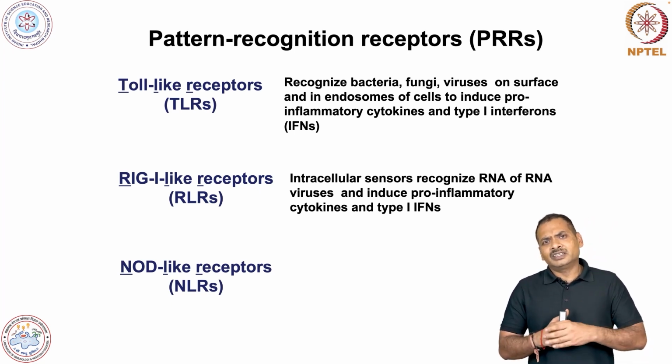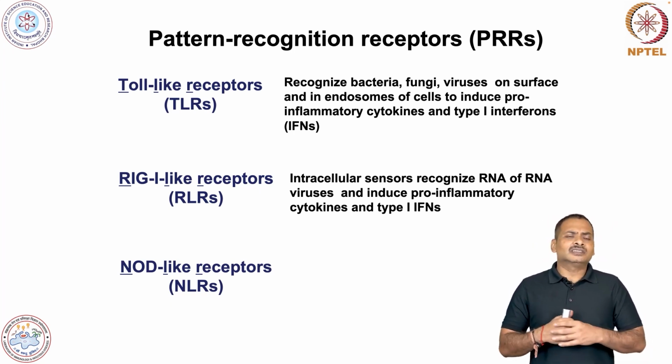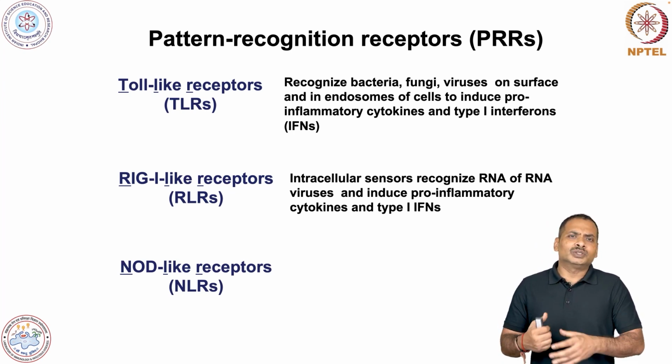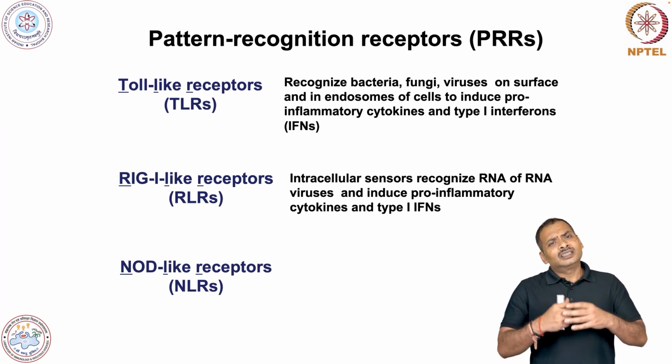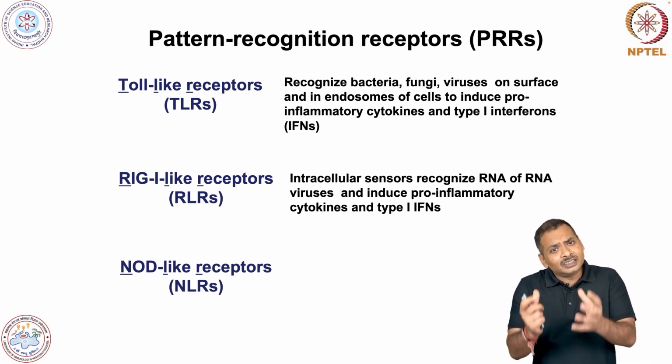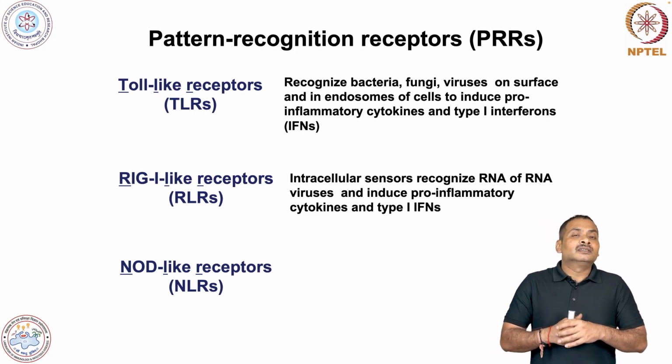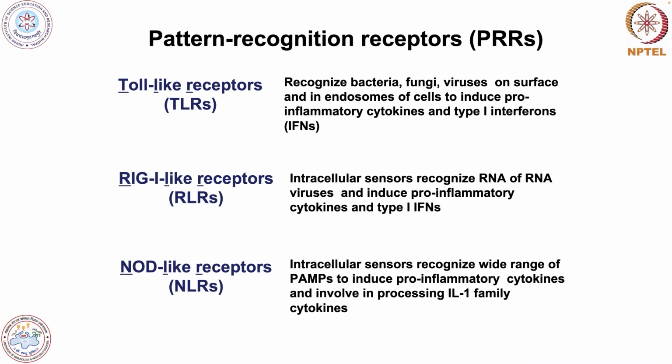Rigi is also an intracellular sensor, and nod-like receptors are also intracellular sensors, and they sense the signature from bacteria in the cytoplasm, and then that will induce pro-inflammatory cytokines, and they play a very important role in production of one very potent family of cytokines, which we call the IL-1 family cytokines, and this is mediated by some multi-protein complexes formed in